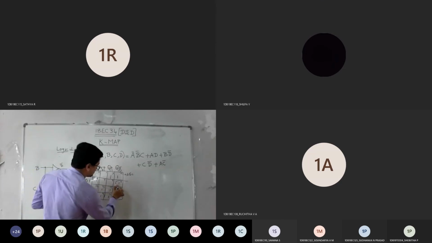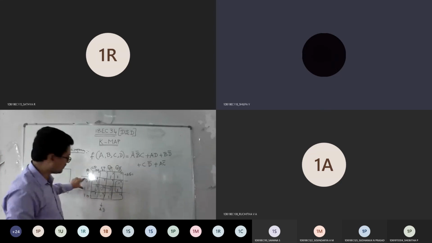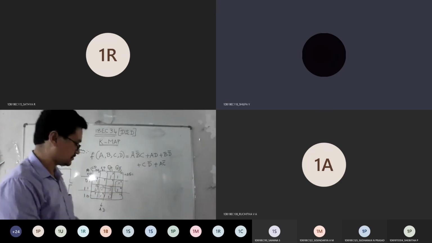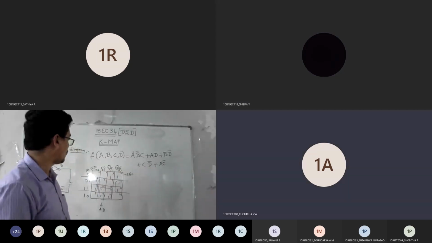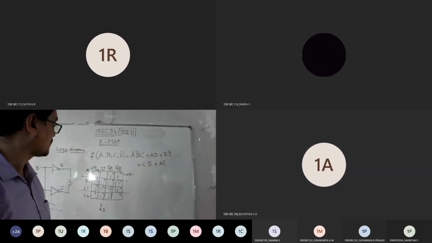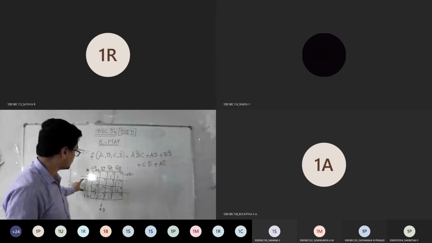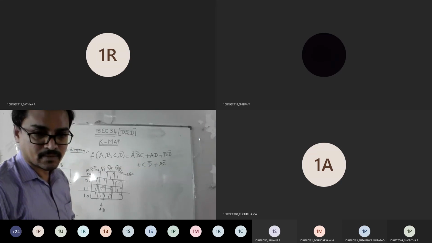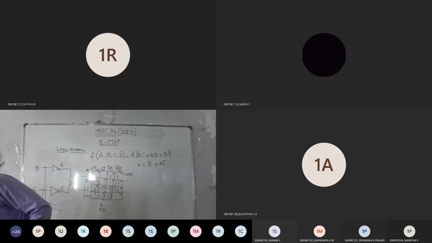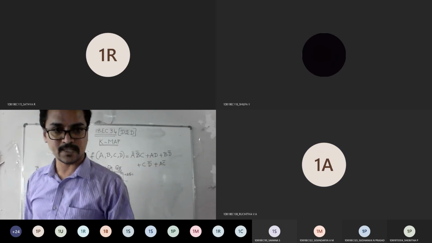So if you do it like this, how will you get that answer? By a quad in this fashion, is it not? From these two, what is the common term? B. And from these two, what is the common term? D bar. I want D bar, right? Yes, sir. You will get B from this, correct? What about D bar? Yes, sir. Just one set.